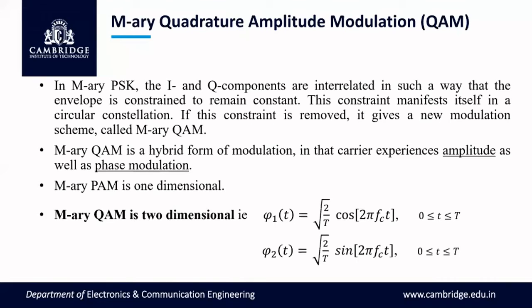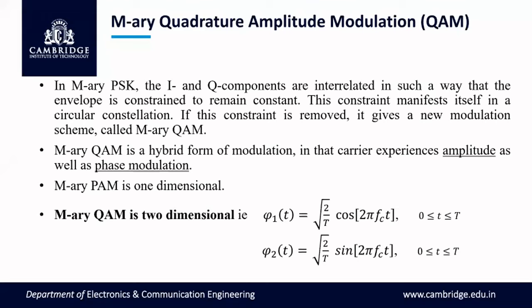In the previous discussion, we discussed MRA PSK, phase shift keying. Here it is MRA quadrature amplitude modulation. Here the amplitude of the signal will change instead of the phase value. So in MRA quadrature amplitude modulation, M number of input symbols are represented in terms of M number of amplitude levels of the carrier signal.